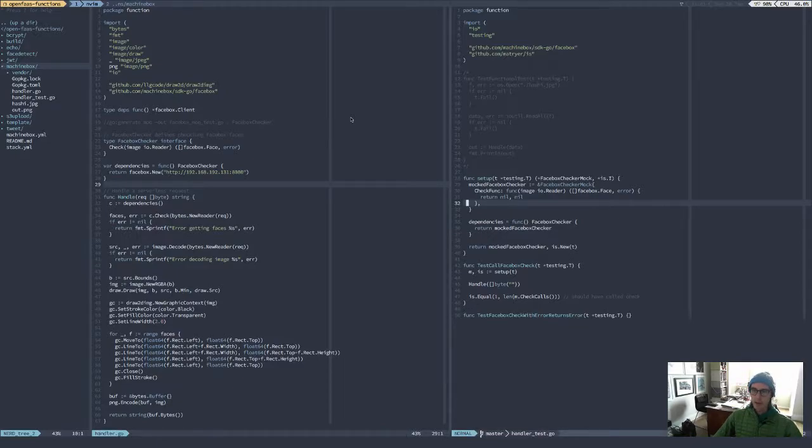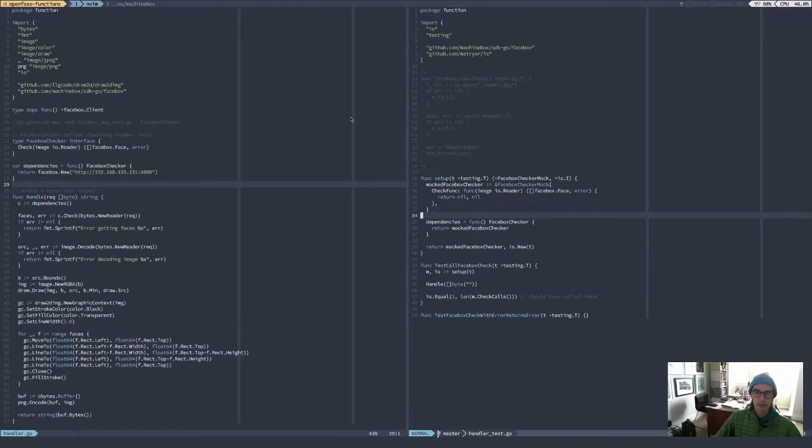Okay, so we're back on this test here, and one of the things that we started to do yesterday was we started to write this test. So test facebox check with error returns error, and that's going to test lines 34 through 37 over there on the actual implementation. So we've already got our mock, and we've already got our dependencies set up, so we can start to go in and write a test for this. So I'm just going to copy some of this